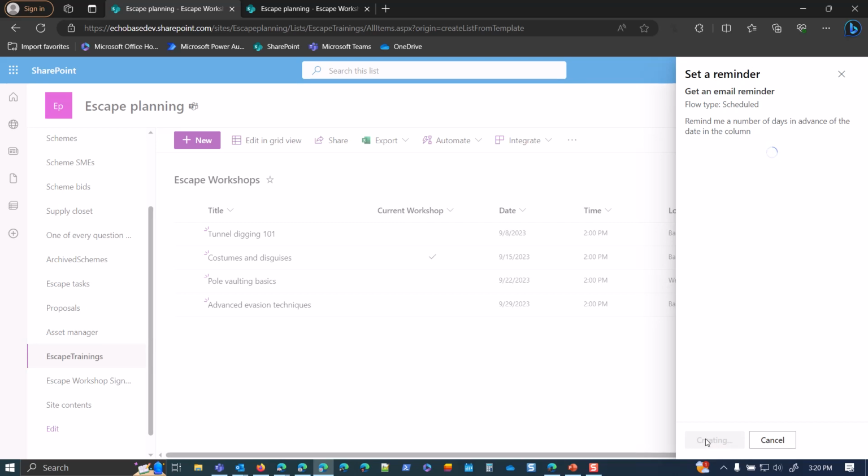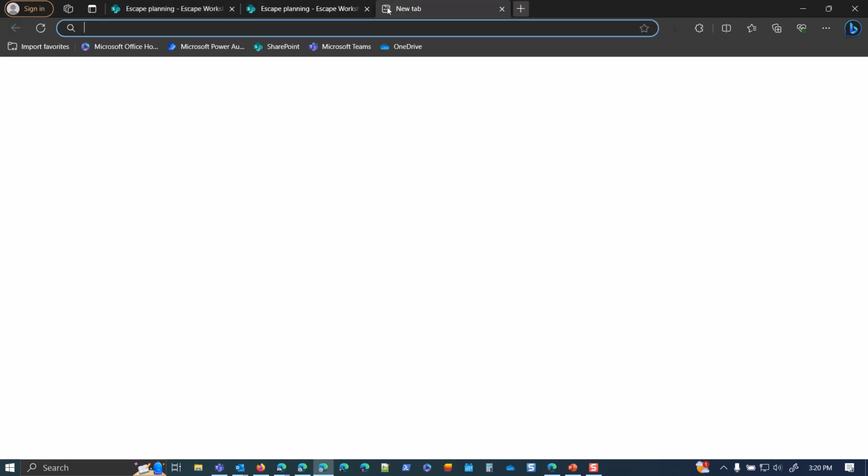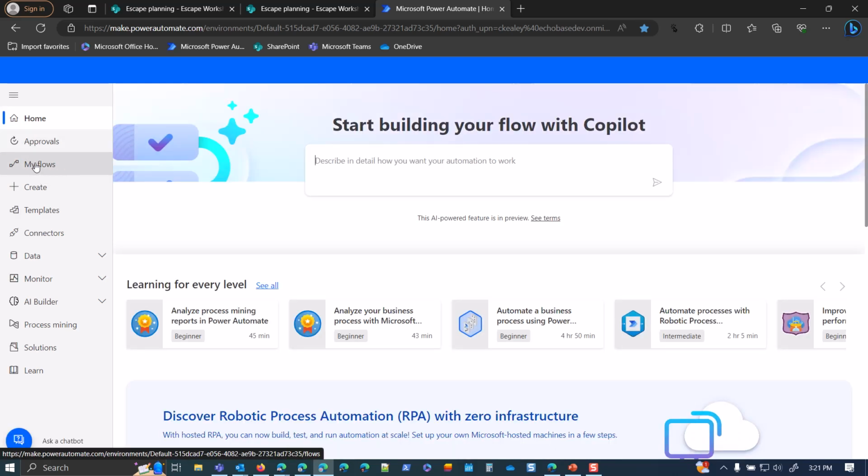That's immediately going to create the flow and then run it, but because there are no workshops where the date is tomorrow, it's not going to find anything, so it's not going to actually send that email. But if I jump over to Power Automate, we can take a look at the flow it builds, and then look at how we can repurpose that for what we want to do. Just waiting for Power Automate to load here. Go into My Flows,